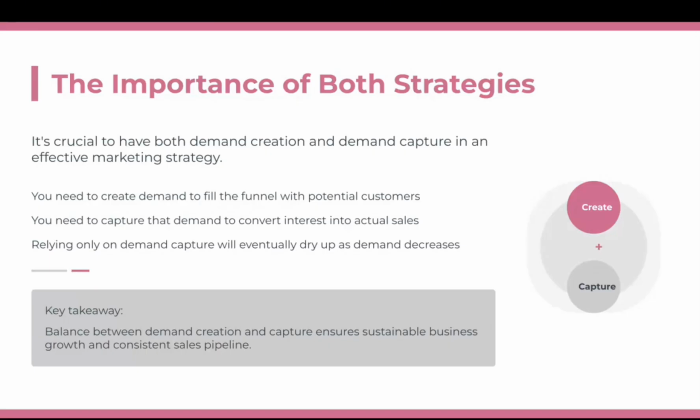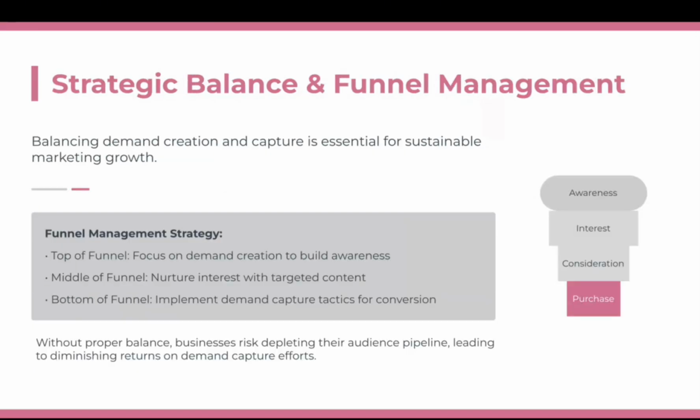So there you have it. Now, with the strategic balance and funnel management, you want to be balancing the demand creation and capture for essential sustainable marketing growth.